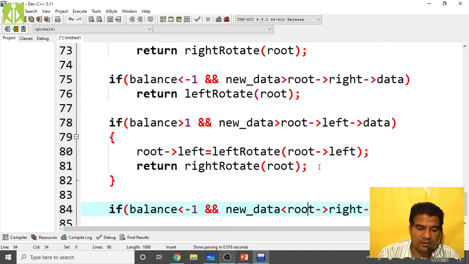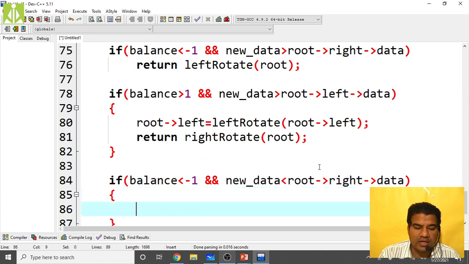This is the right left rotation case. If at all your balance factor is less than 0 and new data is less than root right data, then you have to perform what we call the right left rotation. So first you have to perform right, root of right, exactly opposite to the previous one.